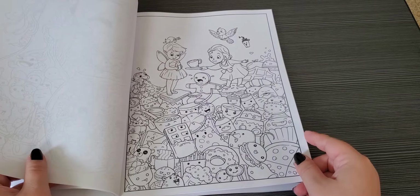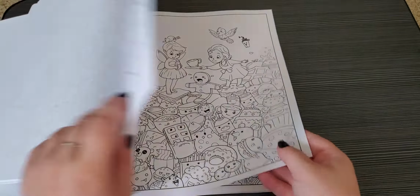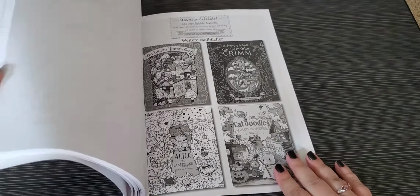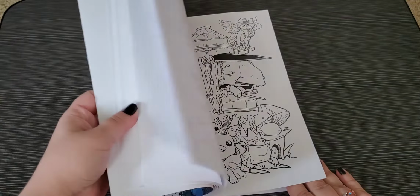So I did color that page originally, but this, you guys, this book is so cute, and this might be one of those books that I do a full flip of without being asked, because I just love it so much. I actually don't know if there's flips of this on YouTube already, but